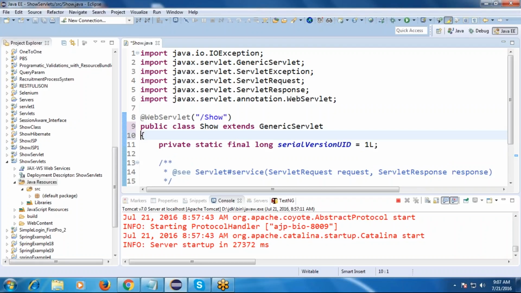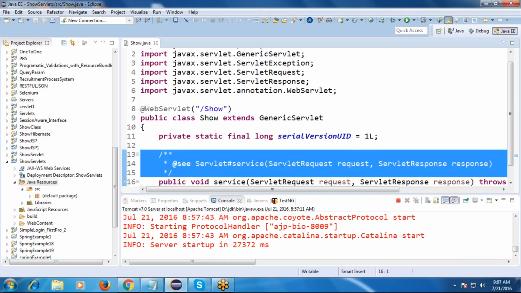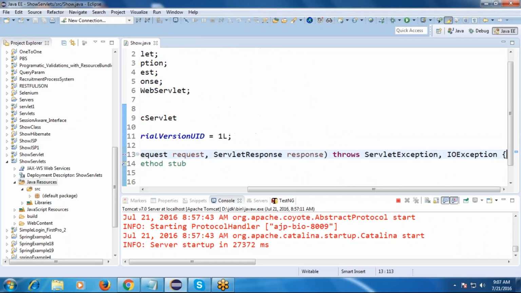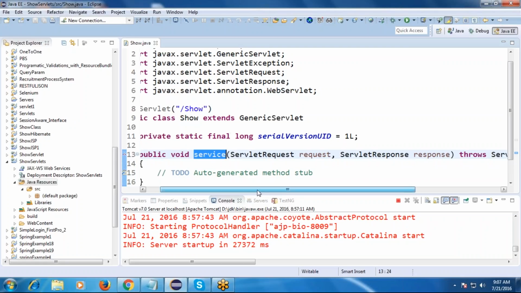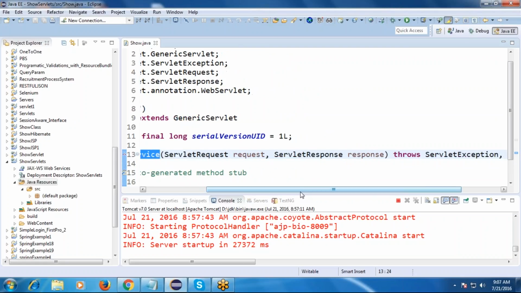Now here you see. So clearly you see the method structure is generated like a public void service, and the two parameters also we